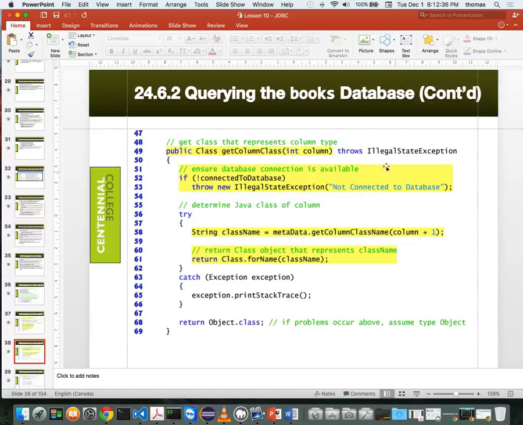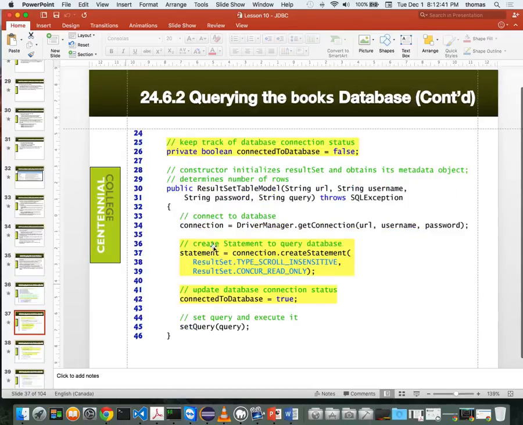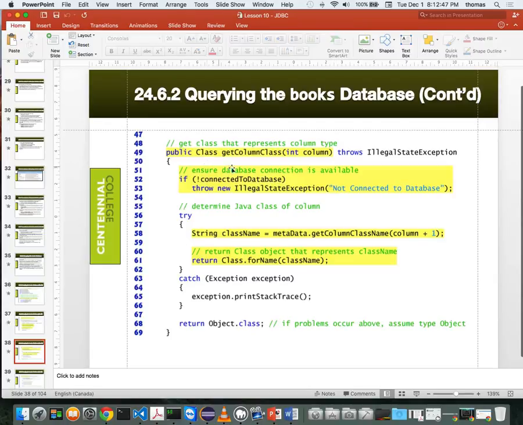Okay, so here's the method that's inside of our result set table model, right? And what they use is a get column class, right? And again, it throws an illegal state exception, which is a totally different kind of exception than what we've been using, right? And basically what it says is if we're not connected to the database, then throw an illegal state exception. Well, you're not connected. And that's what we were getting before. If we're not connected properly to your MySQL database, this is what this will give you,